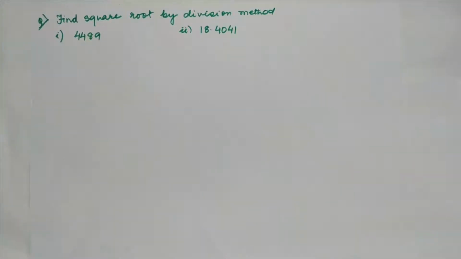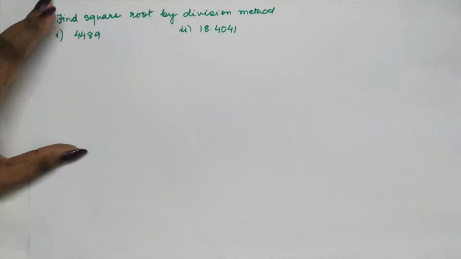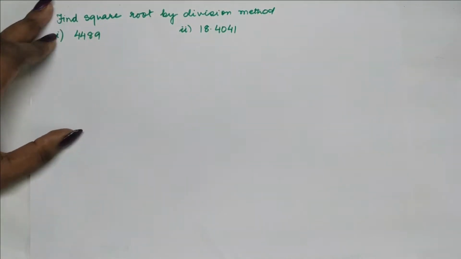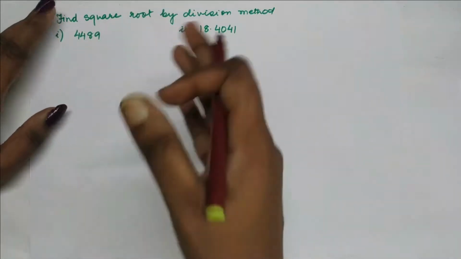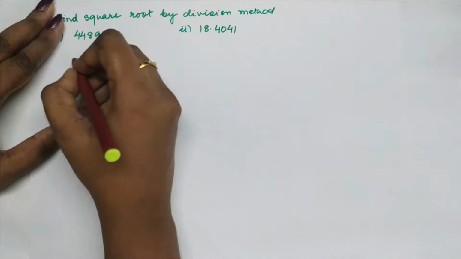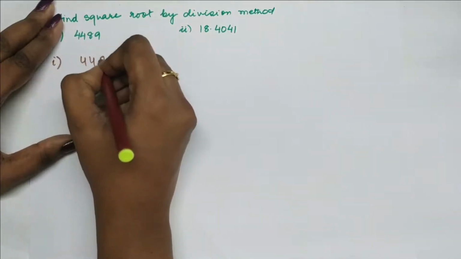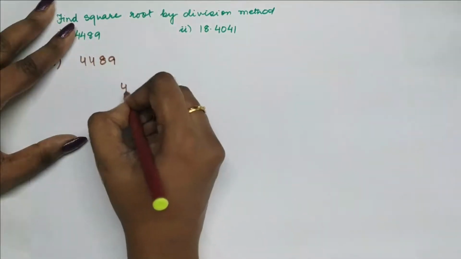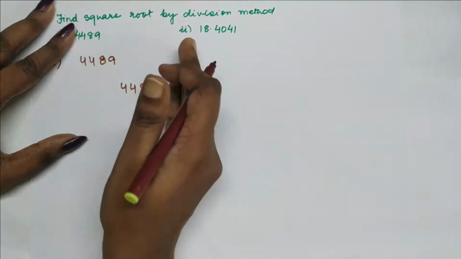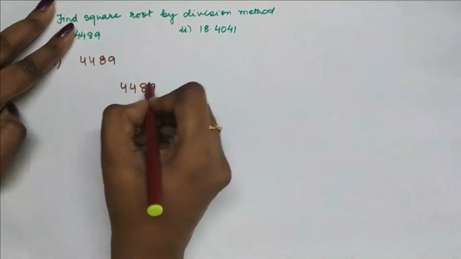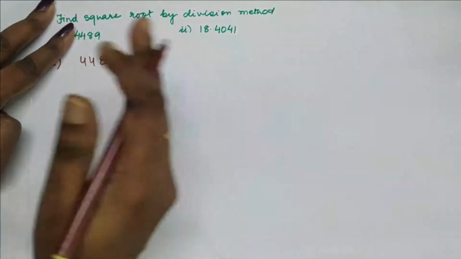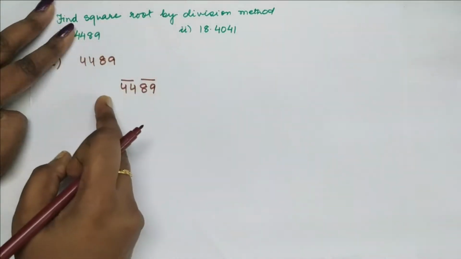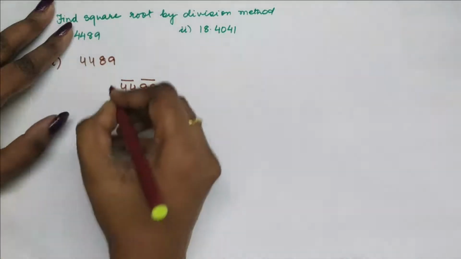Now the third method that I was talking about is the division method. So I have taken 2 questions. I will show you how to apply the division method to get the answer for these square roots. Division method is very helpful when you have long numbers, when you have decimal numbers. So here for the first one, 4489. So write the number and starting from the right, move towards the left, making a pair of 2. Cover all the numbers. Maybe if there are 5 digits, the first number will not have a pair.